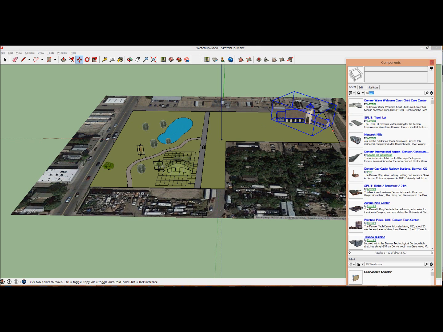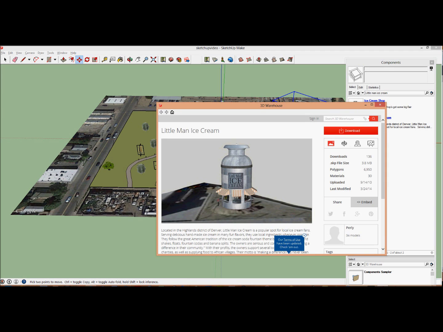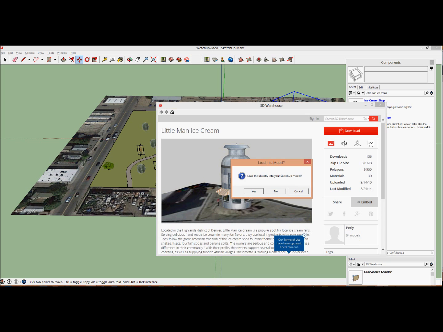Let's go ahead and add another building. How about if we add the Little Man Ice Cream store from Denver, which, for those of you who know, is shaped like a big milk jug. And it's a great little Denver landmark. We're going to download it, we're going to load it in, and we'll put it on the other side of our